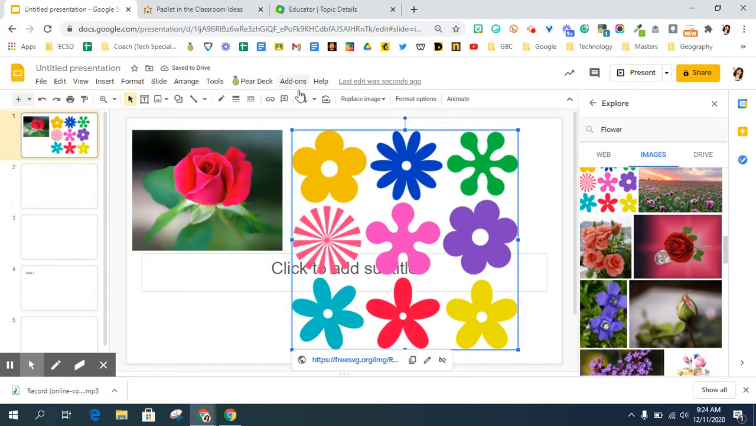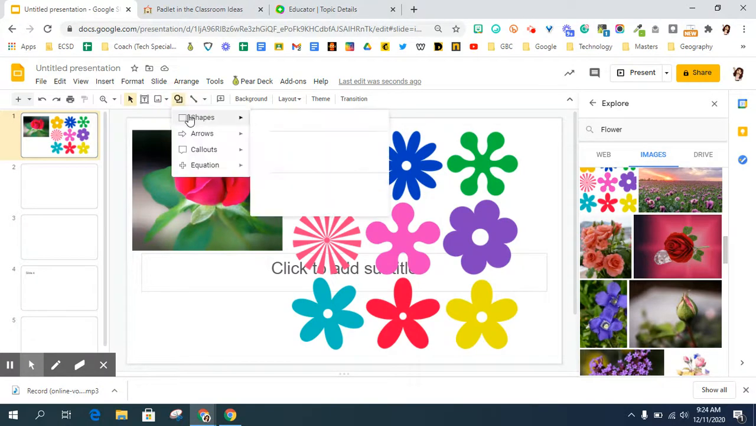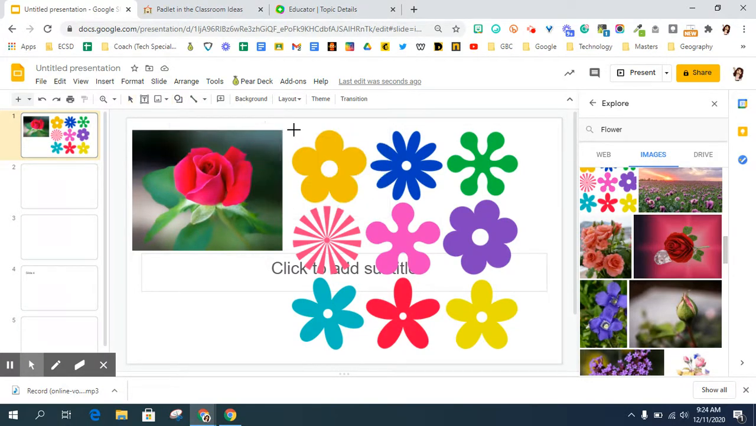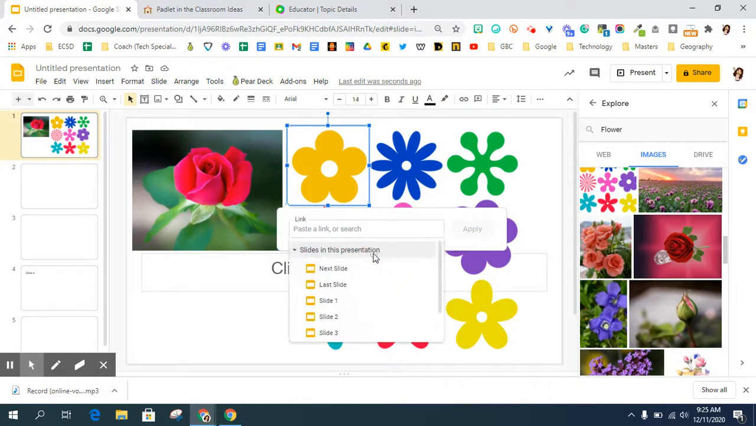Now, I could always crop it and just pull the different flowers apart, but what you can do is you can put in an invisible link. So if you just do a text shape, and we're just going to do this shape, and I'm just going to put it over that flower. So I'm going to tell them to click on the yellow flower to go to slide 4. I'm going to make it transparent and the border transparent. And now I'm going to link that object to slide 4